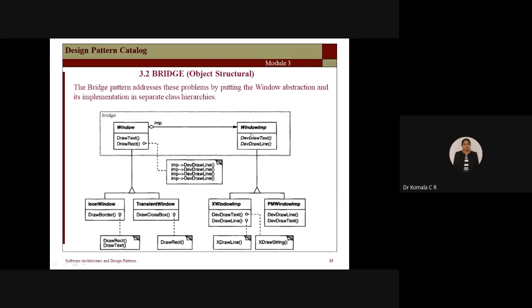This is a parent class I have. I have children classes as X window implementation and PM window implementation. So the implementation part is done here. After the execution, you have the result that is returned to the main class, which is window. And I can also go for, this is not compulsory here, inheritance from window as icon window, transient window, and so on. And this part is very important: window should be there, window implementation should be there, and the children classes for the window implementation must be there. And the implementation result should be given back to